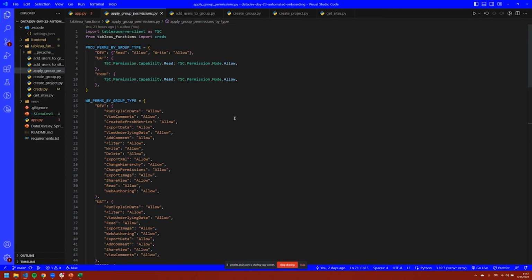So there are a couple different ways that you can enumerate over permissions and name them. So I wanted to show both of them. So if we're looking at the top, project permissions by group type. So at the project level, whether it's dev, UAT, or prod, this is what I want people to be able to do. So for dev groups, I can do it like this with the string of read set to allow, write set to allow, or for UAT and prod to highlight the difference, I can do